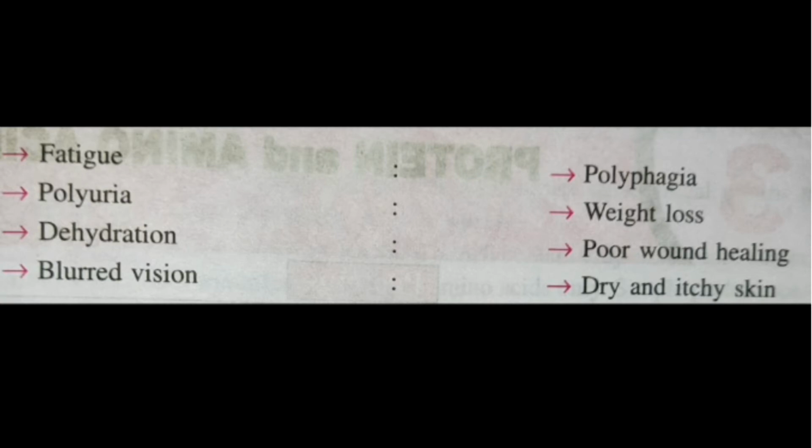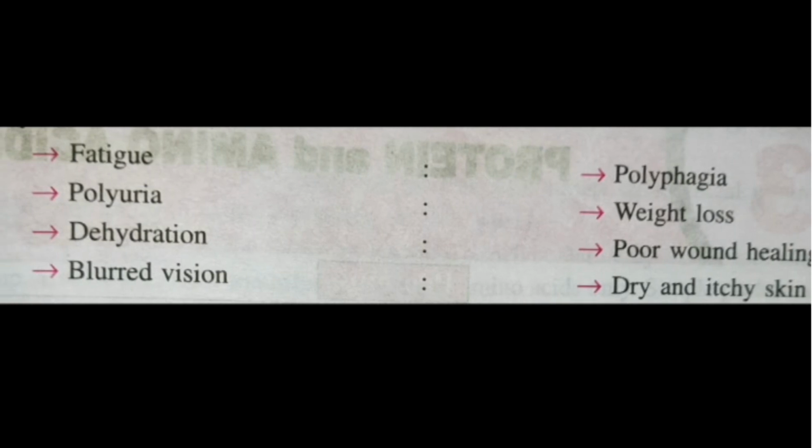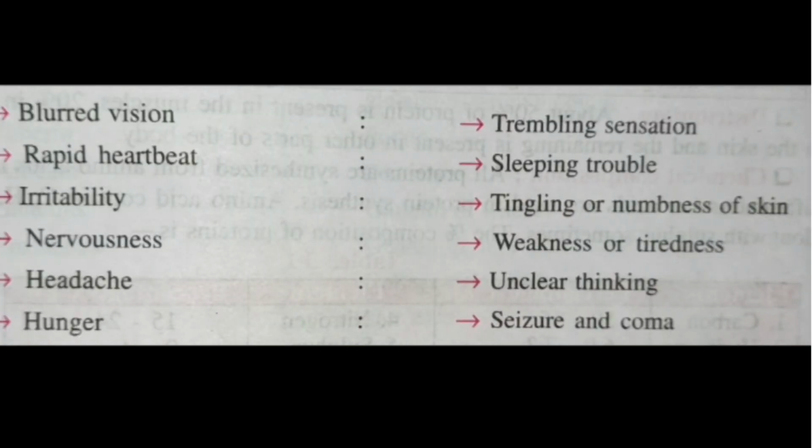So these symptoms are characteristic of the disease referred to as diabetes mellitus, in which the blood glucose is raised permanently. In chronic conditions there may be kidney damage, cardiovascular damage, damage of the retina, lens and eye, etc. So the next short note is on hypoglycemia. Hypo means lower. So this is the condition in which the blood glucose level falls below the normal level. It is actually more dangerous than hyperglycemia, because hypoglycemia may lead to death or coma also.